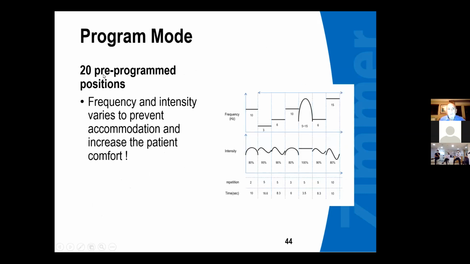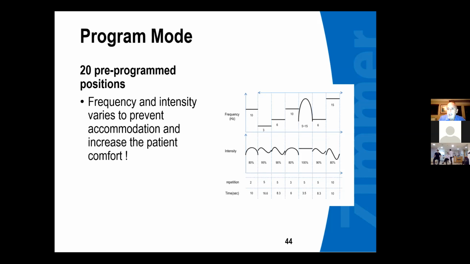Now, with the 20 pre-programmed positions, frequencies and intensities vary. We're looking at frequencies, 10 hertz, 3 hertz, 6 hertz, 10 hertz. Wow, it really does vary. And our intensity, 80% to 95% to 90 to 80, and the repetitions change. This is done to prevent accommodation. We all know we set someone up on electrotherapy and in 2 minutes you go back and check on them. I don't feel it anymore. They've accommodated to it. This will prevent that